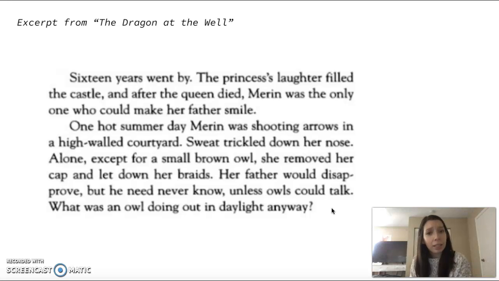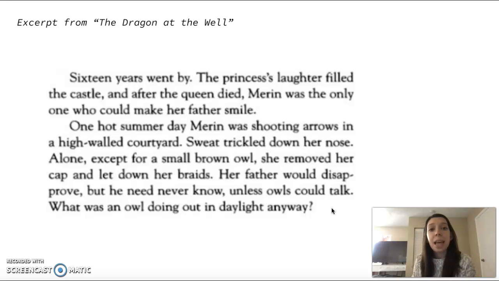So before we get started, I just quickly want to give you some examples, and I'm going to be using the mentor text, The Dragon at the Well, which you should have watched the video prior to this lesson, the read aloud, and it's all about the princess. The dragon ends up meeting the prince, and the prince drinks from the well, and the dragon says, "I want your firstborn daughter." And he's like, "Fine, that's fine."